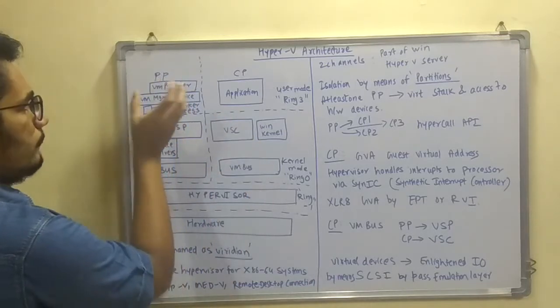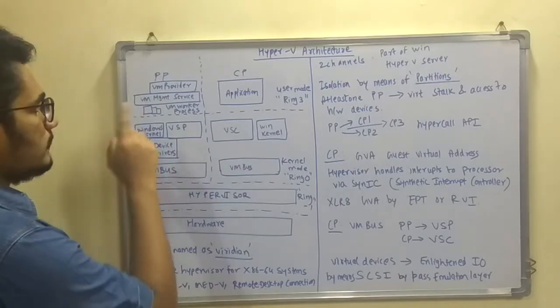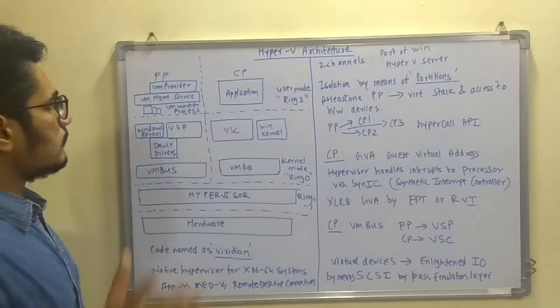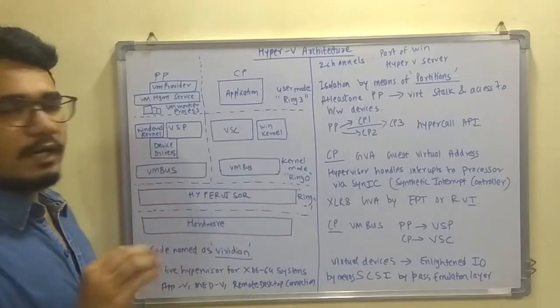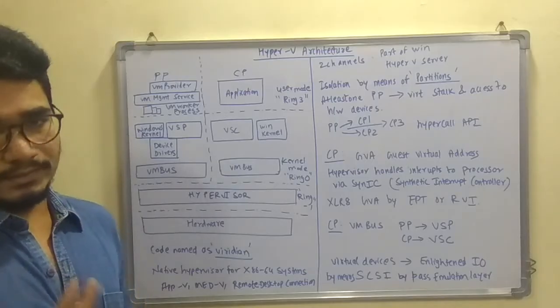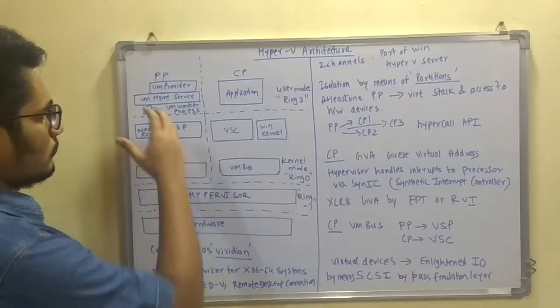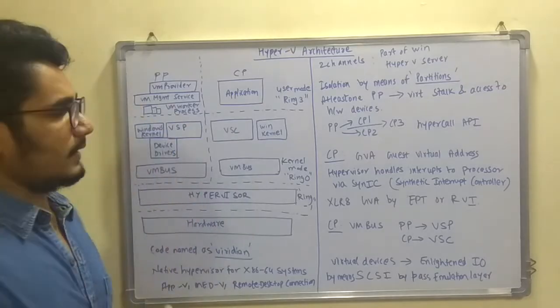your VM provider at the parent partition. Then you have the virtual machine management service provider, and you have a worker process which runs in a manner similar to thread pooling and thread workers. That is why it is distributed, and the load balancing is done internally at the parent partition.